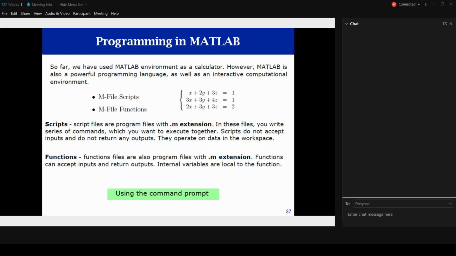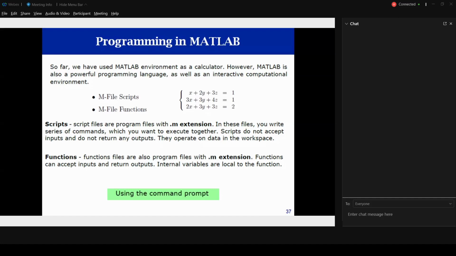All these things we try to evaluate on the command prompt. Correct. But what happens? We use the command prompt very rarely in MATLAB. Instead of that, MATLAB is basically useful in writing the programs and evaluating simulations and solutions of those sets